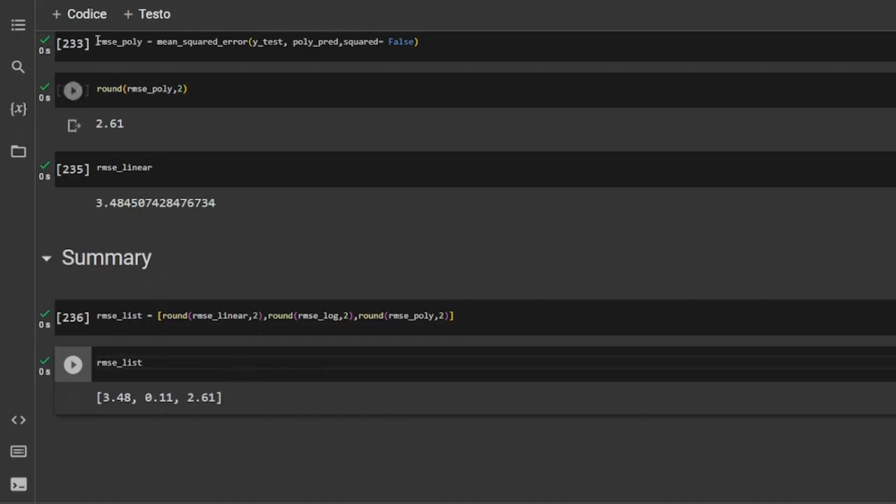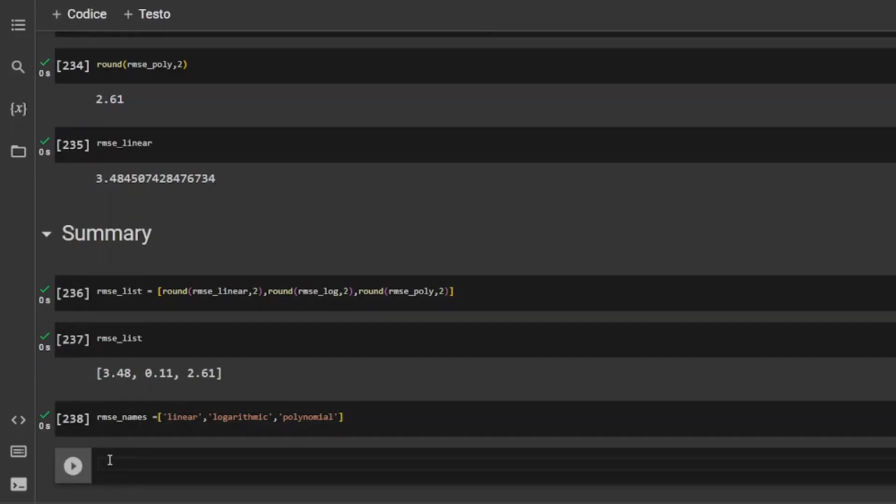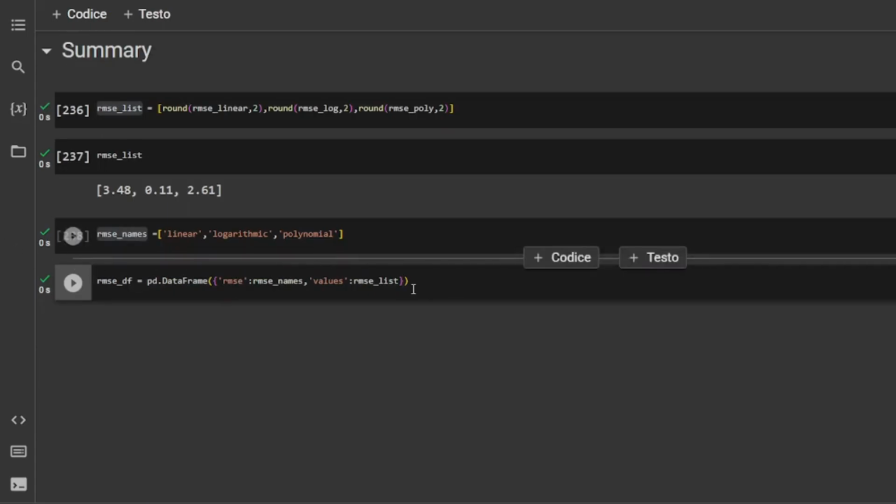Once we have this list, we need to give names to these lists, RMSE names. We're going to call them linear, logarithmic, and polynomial. And the next step is to create the data frame. Here we are making sure that the names list corresponds to the RMSE column name, and the values column name